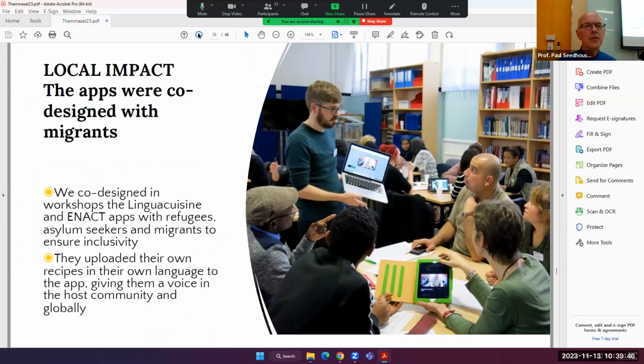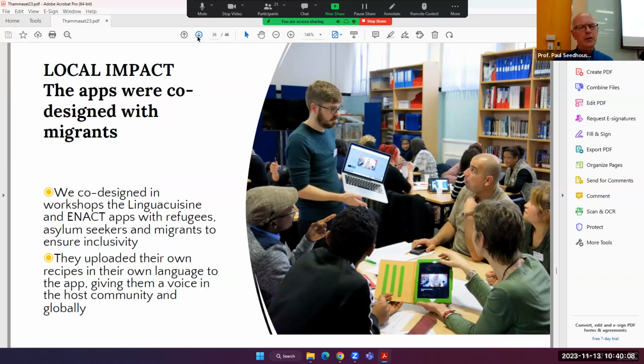And then in terms of impact, in the UK, for our research, we have to try and show an impact on the real world outside the university. And so the apps that we produced were co-designed with migrants.